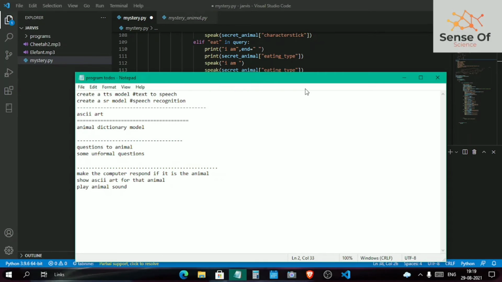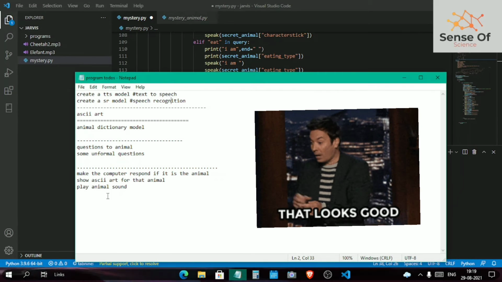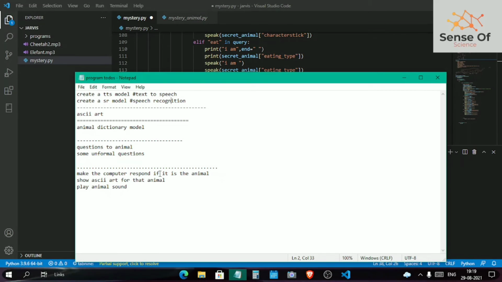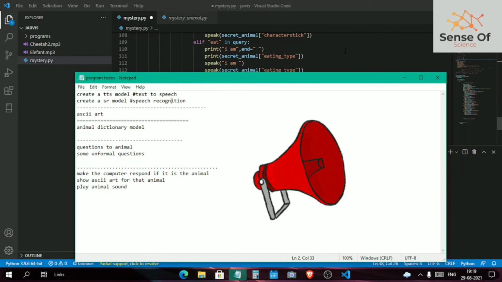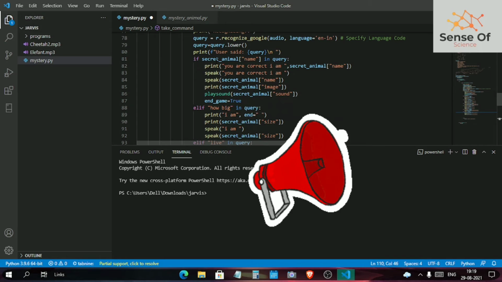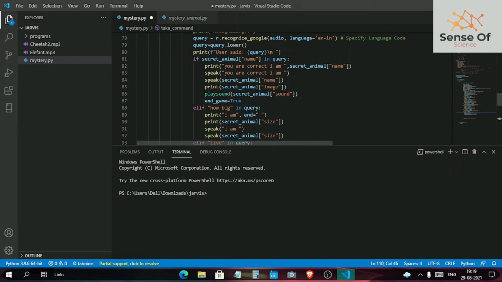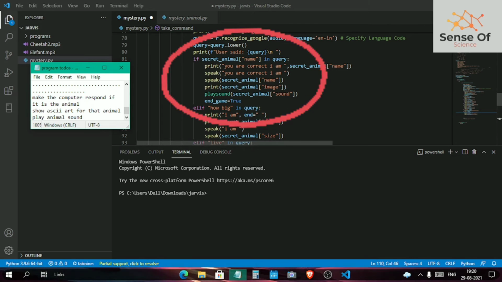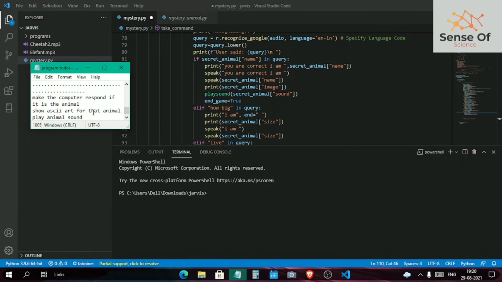Okay, so our program looks all settled now, and the next step was to make the computer respond if it is the animal, which again I already implemented in this function using this if block. And in this if block only, I tackled the other two to-dos as well.